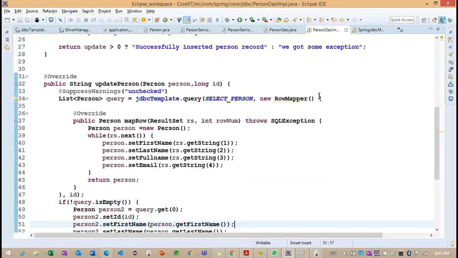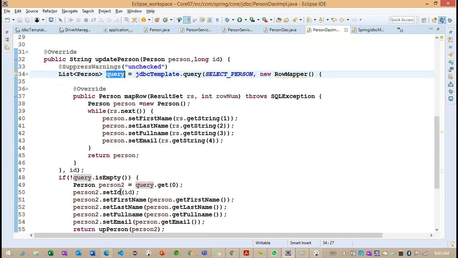Go back to here. Whenever we are calling this particular update person, we are passing two objects of information, person and ID. With the help of this particular ID, first I'm trying to load the record. This particular query will return the object information.